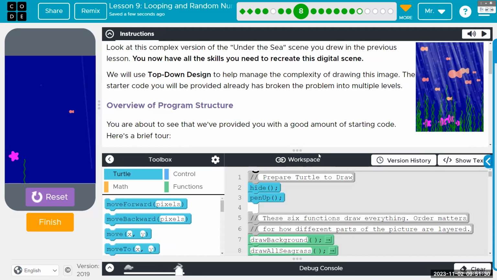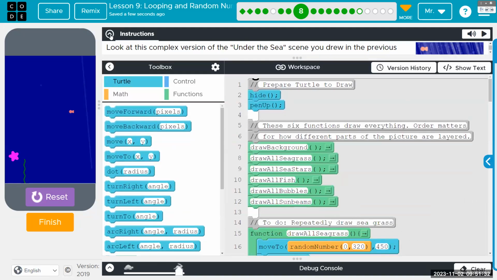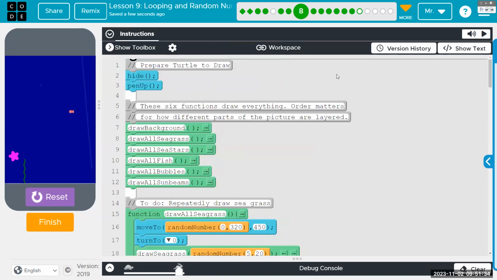For Bubble 8, all we need to do is take a look at the code, which, folks, you'll want to listen up, even if you are meeting the criteria and moving along in the lesson. I love the enthusiasm, but there are tidbits you're going to get here in the next couple minutes that you're going to use in the next lesson, which is a project, which will probably be 2 class periods because I want it to be good.